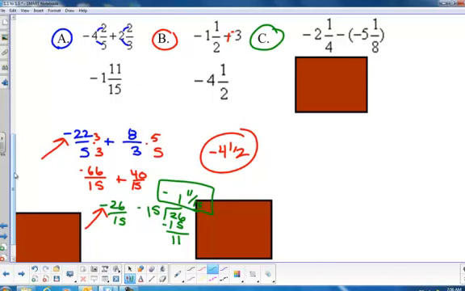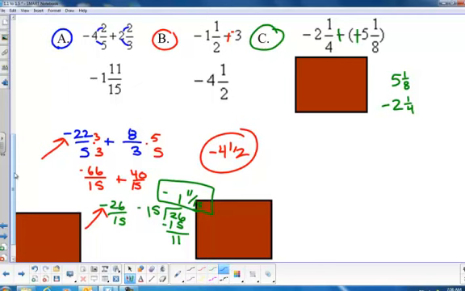Anytime you have minus and negative, it's called the slash and dash method. You make it plus, and you change the sign of the thing behind it. So it's really plus a positive. So negative 2.25 plus 5 and 1/8. I'm going to do this one a little different than letter A. You can totally do that. But if you have 5 and 1/8 minus 2 and 1/4,